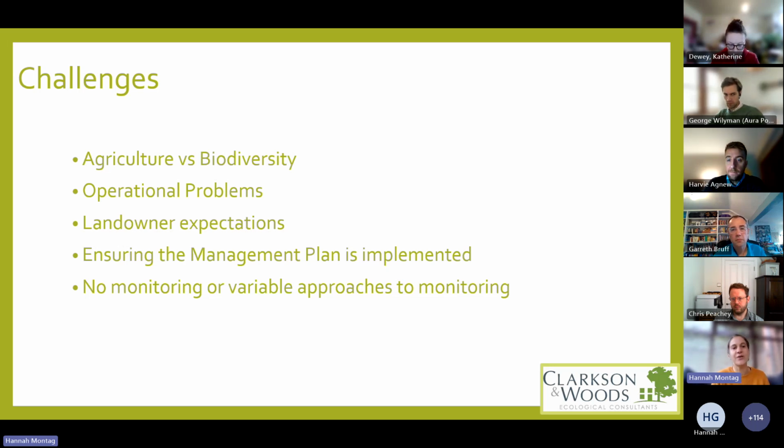And then operational problems. It is difficult managing solar farms, especially the grassland habitats within the site. Obviously, that's the biggest amount of land. There are difficulties cutting the grassland underneath the solar panels. There are issues with injurious weeds coming up. And